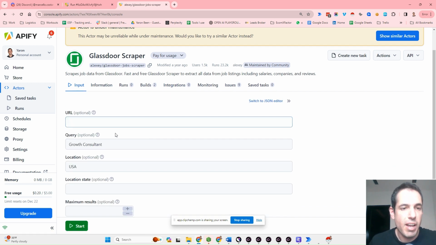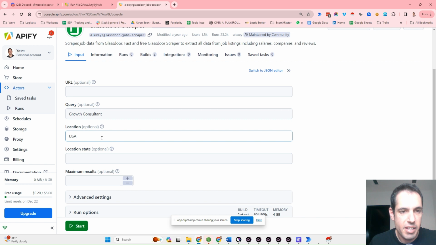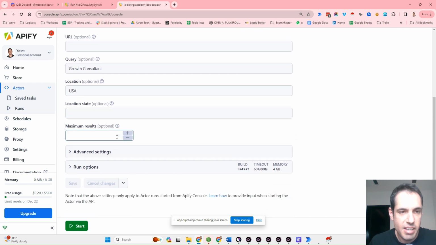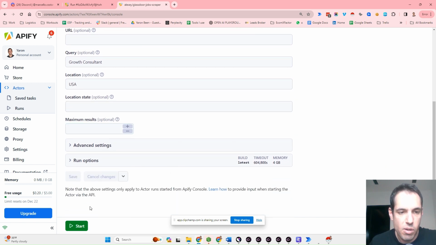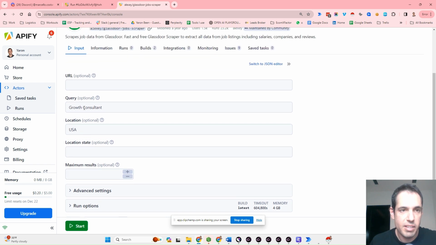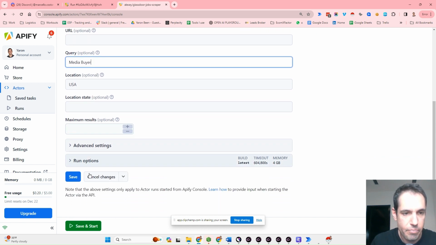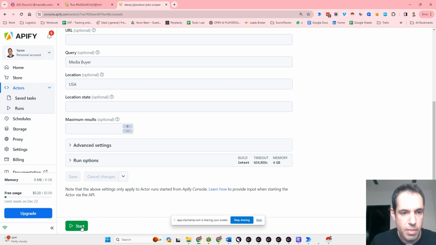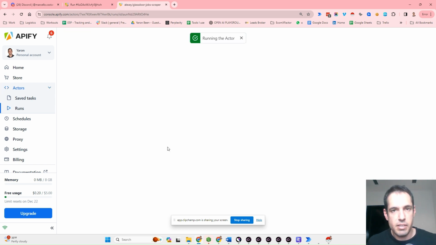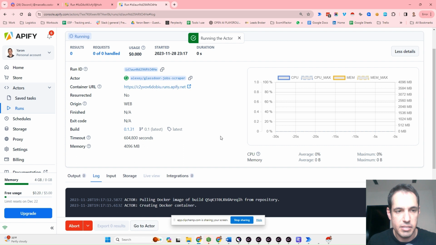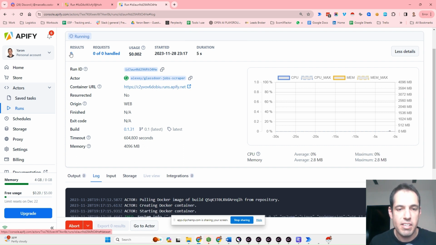So you provide the URL, you provide the query, the location, the state, and the maximum amount of results that you want, and then you're just going to get, let's see, growth consultant, let's see, media buyer in the USA. It's going to start running. As you can see, it's very, very simple. You can do a lot of things very fast,